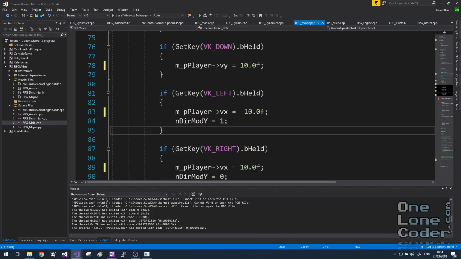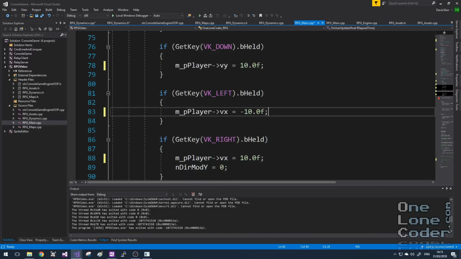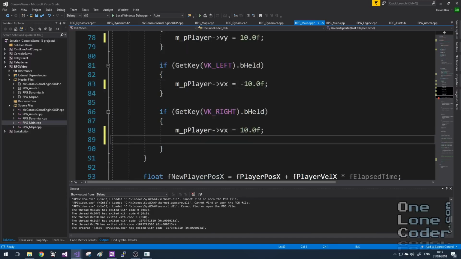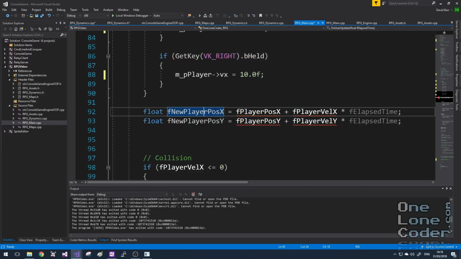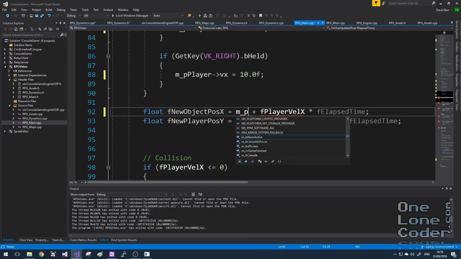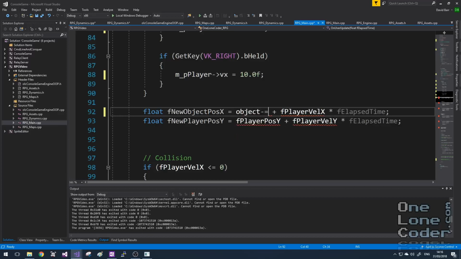We'll also start to see some leftover junk from the Jario platformer. We're no longer choosing the Jario sprite based on anything that's going on here. The object itself will choose its own sprite, so we can start to clean this up a little bit. And I'm also going to take this opportunity to start making this a lot more generic. So where we've got variables that are specifically indicated as player position X and Y, they're just going to be new object position X and Y instead. So for example, in this case, I'm going to change it to new object position X. And instead of using sort of the player here, I'm going to just simply use object and choose the px